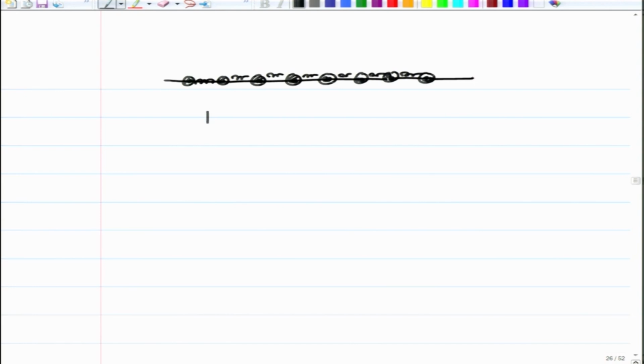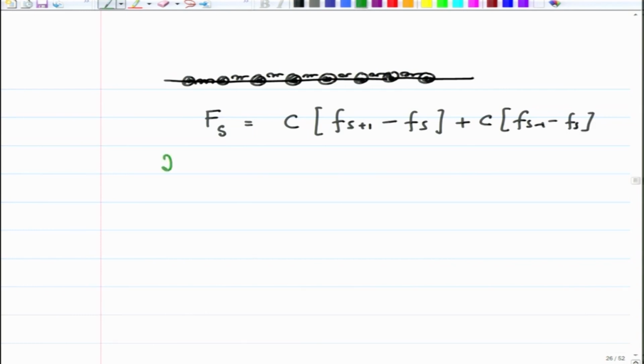So, we assume that the force on the atom at site s is proportional to C(F_{s+1} − F_s) plus C(F_{s−1} − F_s). That is, the only thing that we assumed was the nearest neighbor interaction,